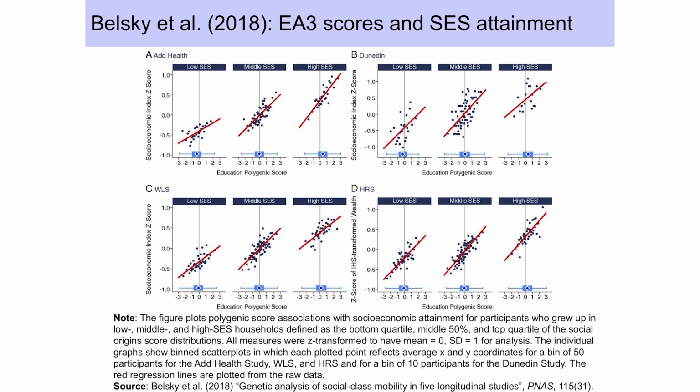strata of society. But you also see two other things. You see that the average polygenic score across these strata of society is actually not significantly different, right? So there isn't that much genetic variation between people born in low SES families and high SES families. And yet, being a winner of the genetic lottery has an effect in all of these samples. So you're better off as a winner of the genetic lottery, independent of whether you're born in a poor